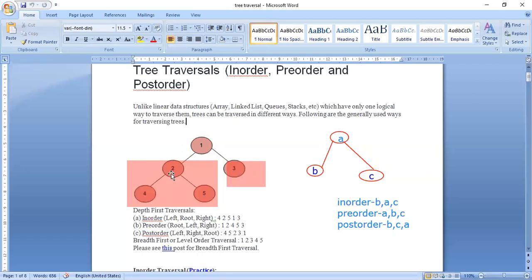Which order do I follow? I will follow the same pre-order in the subtree also. Pre-order means first 2, next left child 4, next right child 5. So you can see here in pre-order 2, 4, 5.